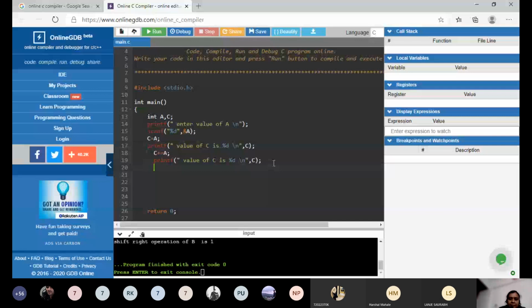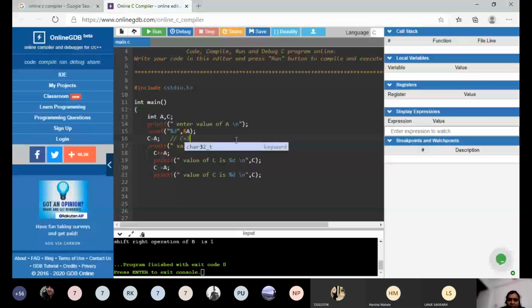Now I write C minus equal to A. We should get 3. Here I write a comment: if I write like this, in the comment I should get C equal to 3. Whatever I have commented is not going to take part in the execution.